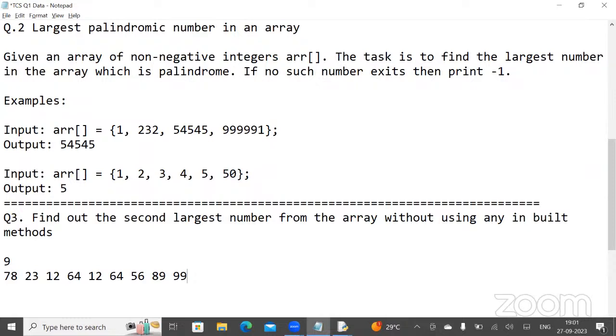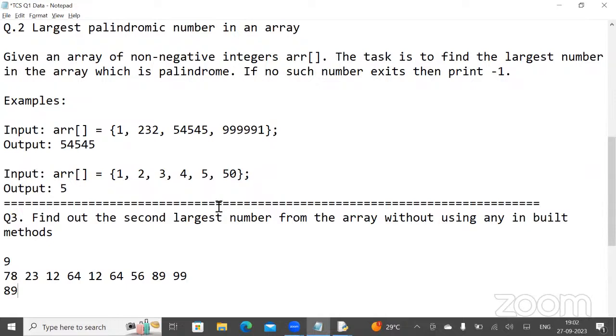If you check the second largest element, in this case it is 89. And we have to find this without using any inbuilt method. These kinds of questions are there. For these questions, if you use any inbuilt method, say you sort the array and then return the element by index, on your screen it might show test cases passed, but all these codes are going to be examined. By that time you will receive 0 marks for this question.